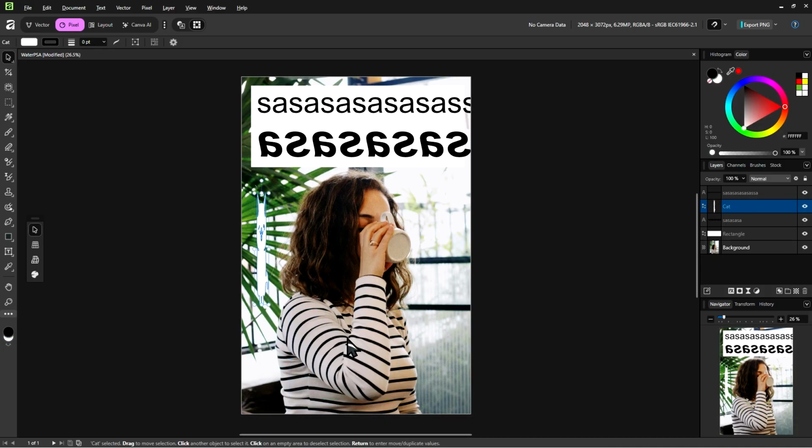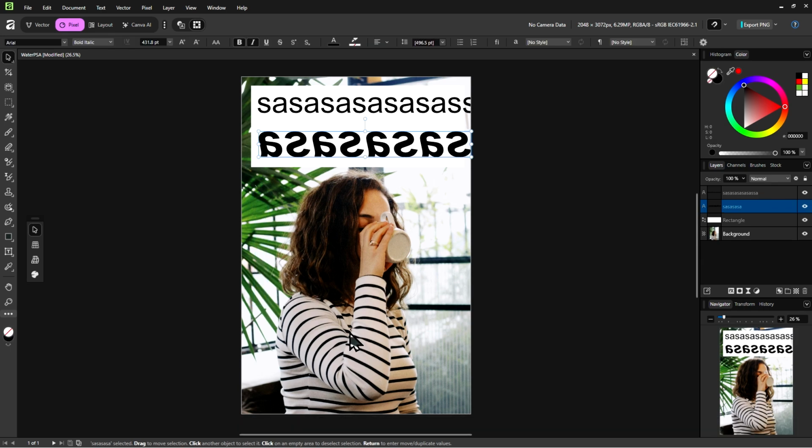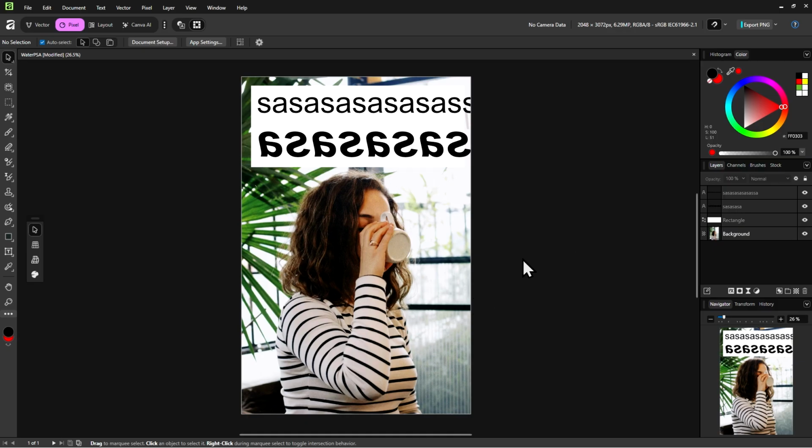Oh, and it automatically selected the other cat. That's nice. So let's just go ahead and click backspace one more time. And now let's deselect and consider if these two texts here, the sasa text, are needed.